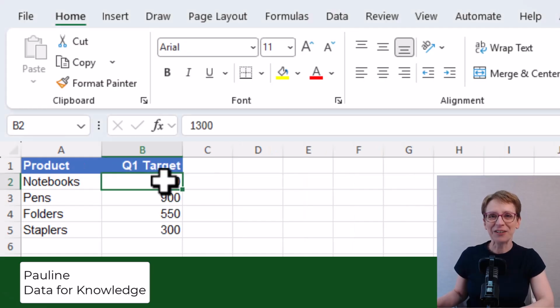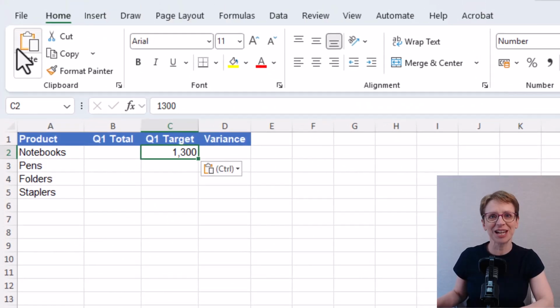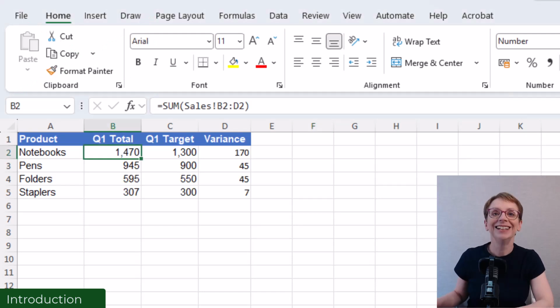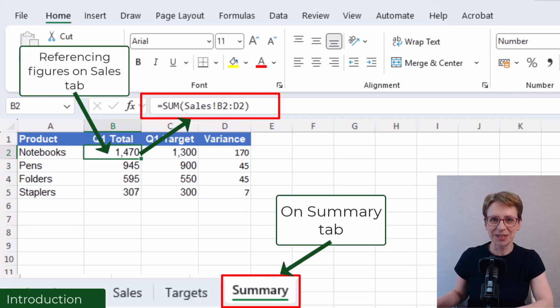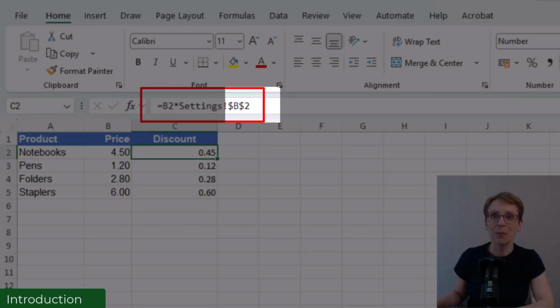Hi! If you're copying and pasting figures between sheets and then updating them manually every time the data changes, there's an easier way. In this video, I'll show you how to reference data directly from another sheet so everything updates automatically. Starting with the basics, then looking at a situation that catches a lot of people out when copying a